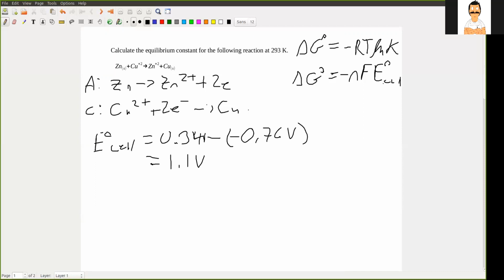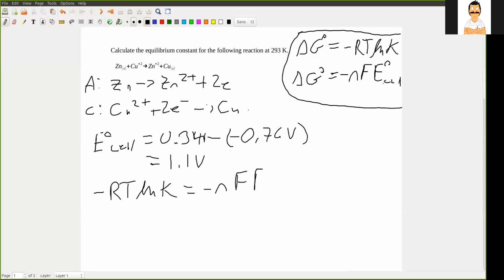And then what we can do is, because these two equations are both equaling our Gibbs free energy change at standard state, we can set them equal to each other. So negative RT natural log of K is equal to negative nFE. And if we're trying to find K, we would divide both sides by negative RT, and that gets us the natural log of K is equal to positive, because the two negatives cancel, n E cell